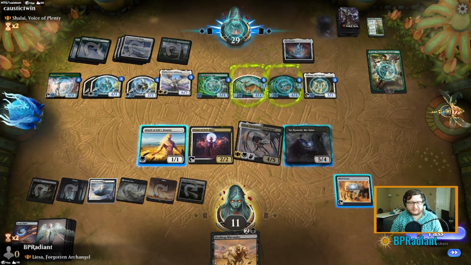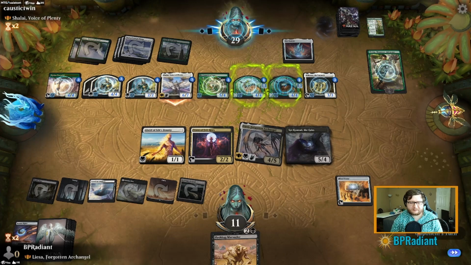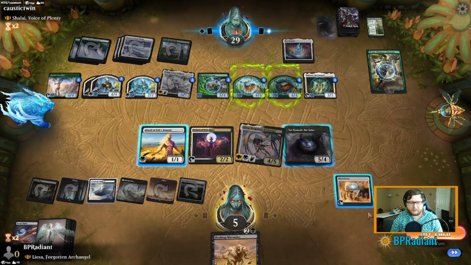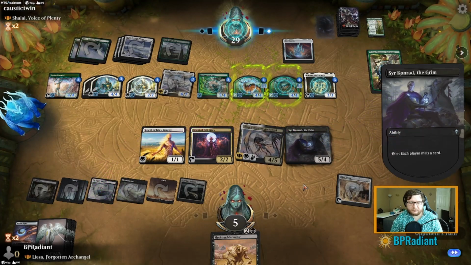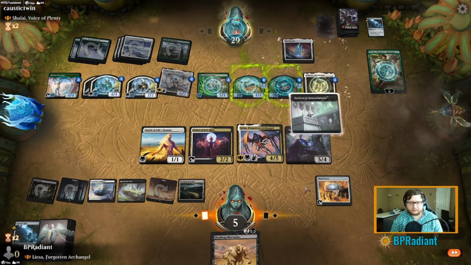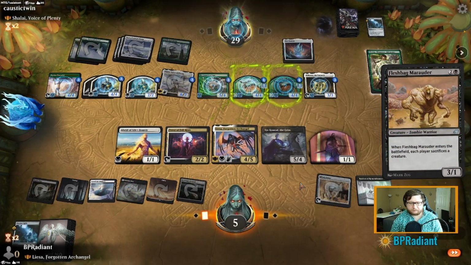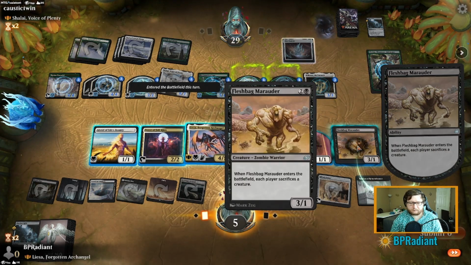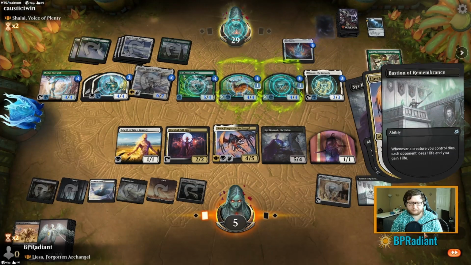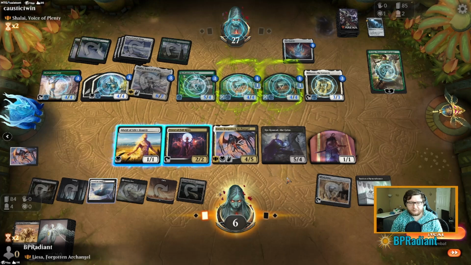We'll see. Swings everything, man. Okay. We just gotta take it. We'll make a mill. Hopefully we don't mill board wipe. Okay. So Bastion Remembrance gets us another blocker. Okay. So we can then...